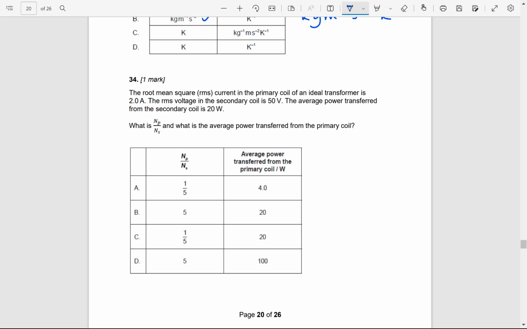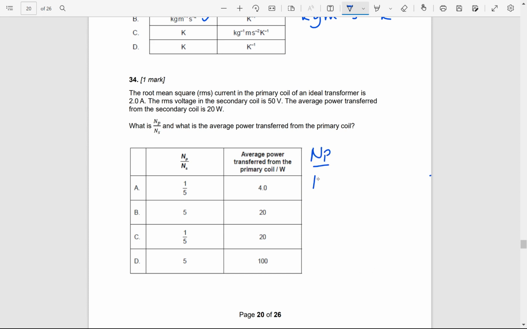34. The root mean square speed, sorry, not speed. The root mean square current in the primary coil of an ideal transformer is 2 amps. The RMS voltage in the secondary coil is 50 volts. The average power transferred is 20 watts. What is NP over NS? Okay, so